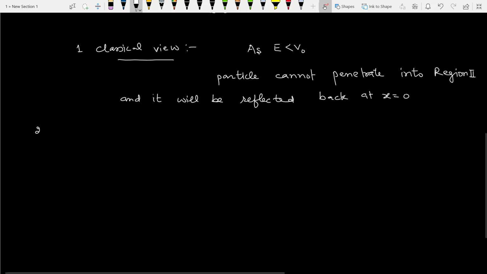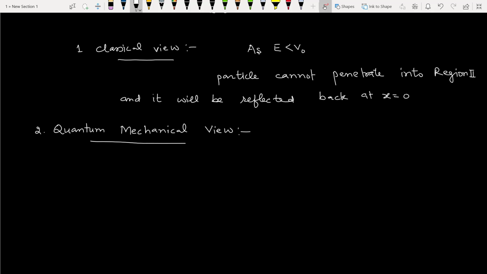Now we come to the quantum mechanical view. The quantum mechanical consideration of the same problem gives us different results. So quantum mechanically we will have to solve the Schrodinger wave equation. So according to the Schrodinger wave equation,